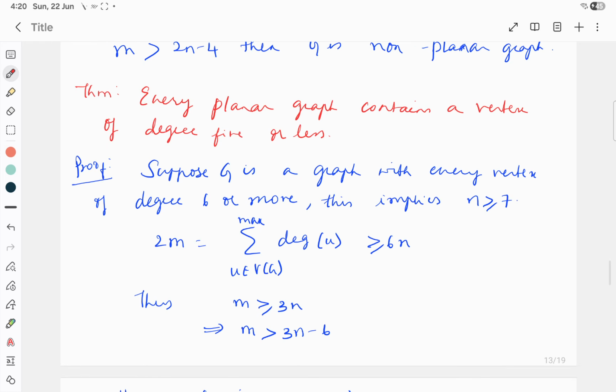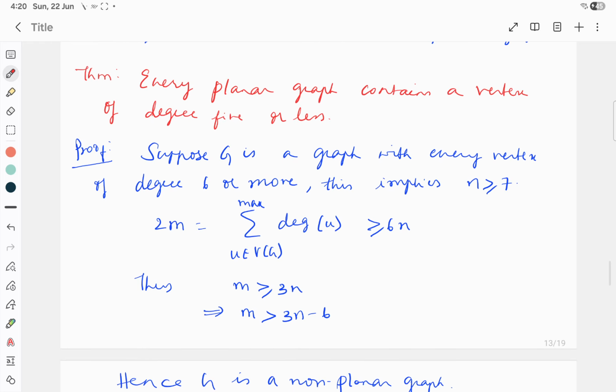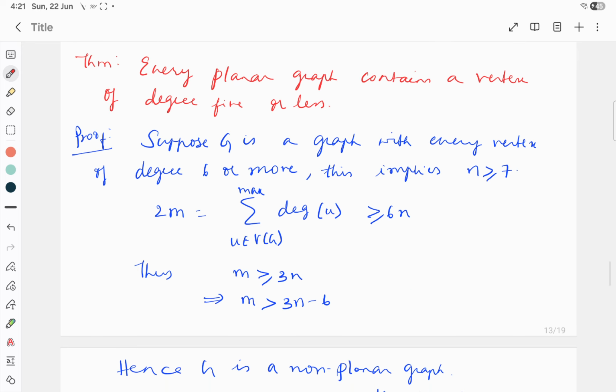Now we have another important theorem which states that every planar graph contains a vertex of degree 5 or less. I'll repeat, every planar graph contains a vertex of degree 5 or less. It cannot be more than 5. So let us prove this theorem by assuming the degree of the vertex to be more than 5 and prove